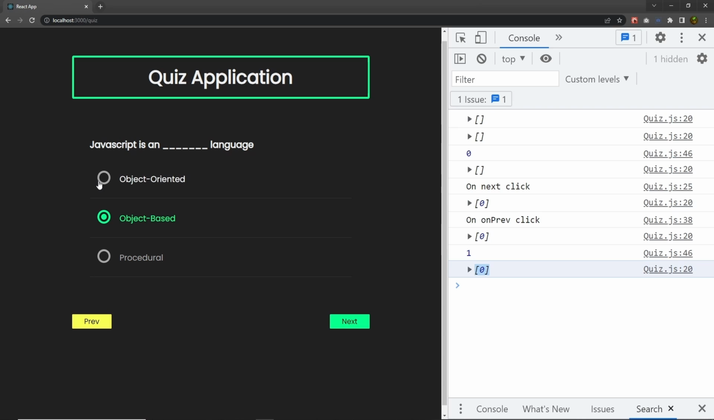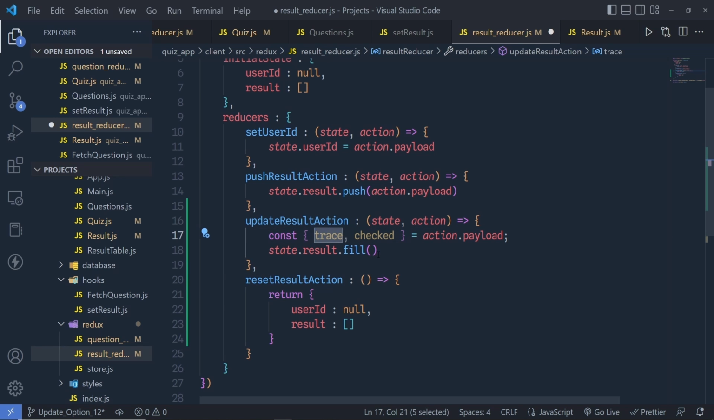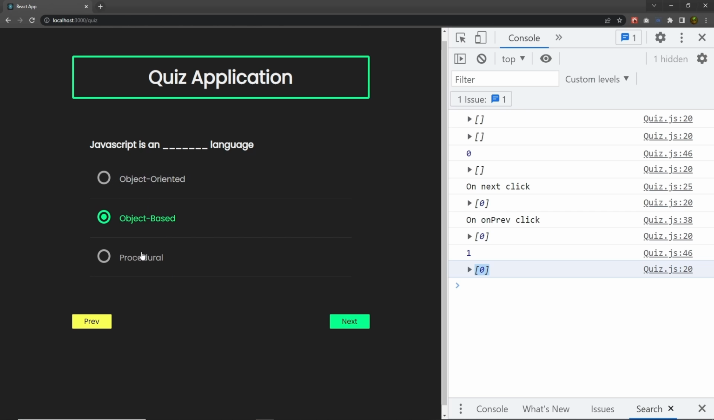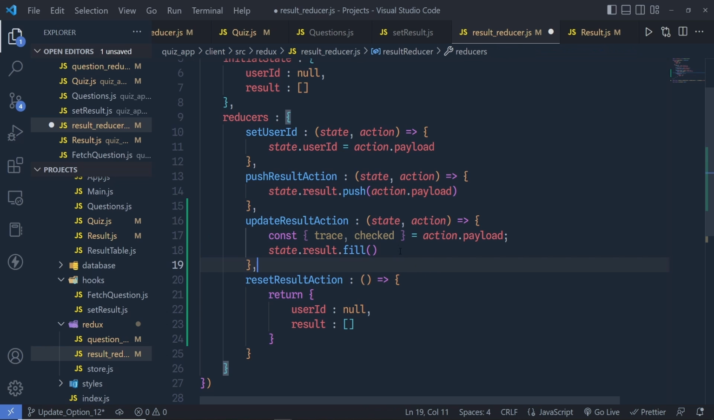So let's suppose the user selected this first option, and inside this result, we have 0. So when the user clicks on the previous button and goes back to the previous question, inside this trace variable, we are going to have 0. And we are going to pass that 0 to this fill and update the 0 index value with this new one. Inside this check, we have the new value. Whenever I click and change the value of this option, I'm going to pass that value to this check and update the value of the